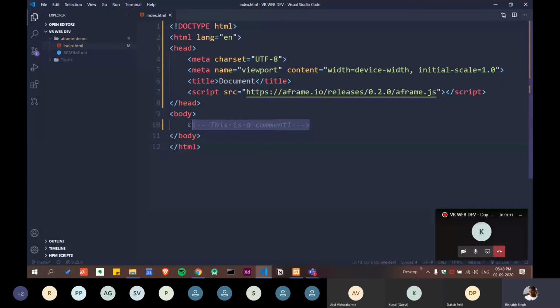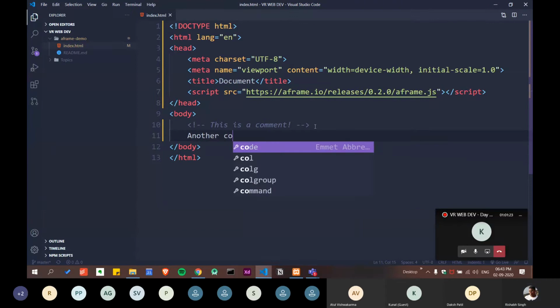Okay, guys, so as you can see, you can add a comment very fast thanks to Kunal. And let me try adding more comments. And yes, we have added another comment.